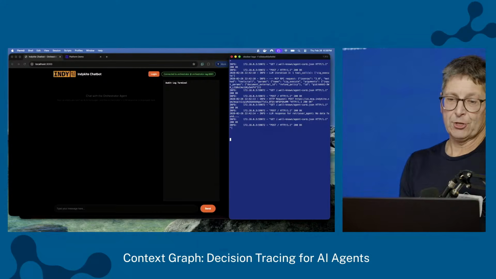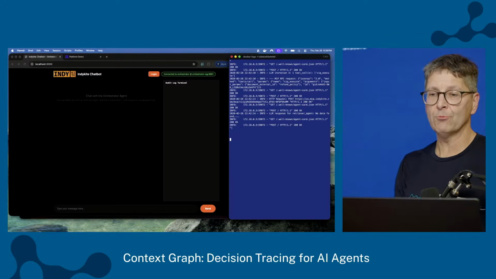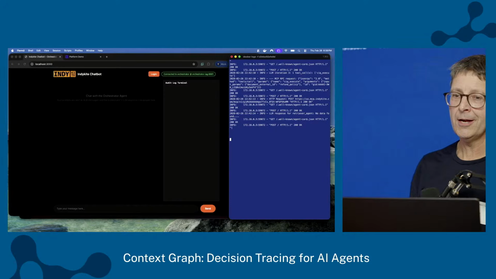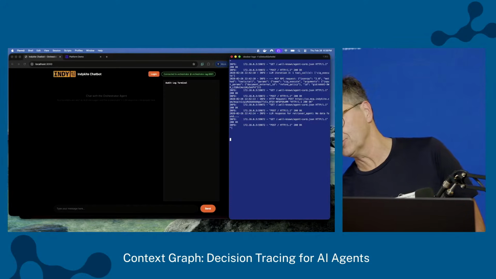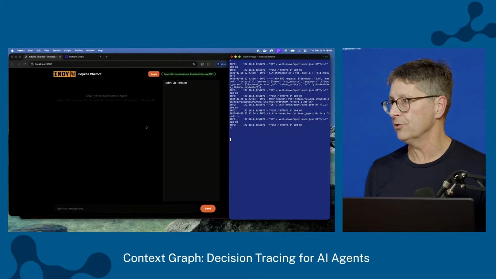Okay, so this picture represents basically what I have running on my laptop and a couple of other things. But essentially, agent 1 is going to be an orchestrator agent. Agent 2 is going to be a retriever. And this is like an Indykite little chatbot. So we built these things to show off the gateway and the MCP server.